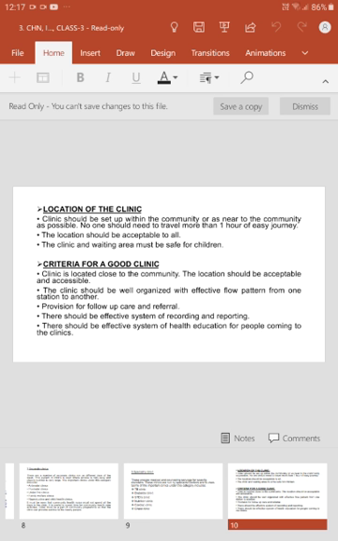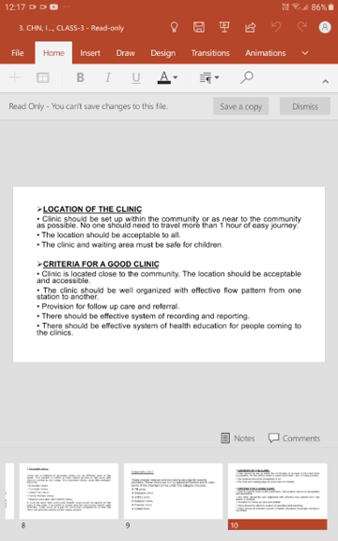No one should need to travel more than 1 hour, an easy journey, because these are initial treatments. We should be able to get them from the clinic, whether a general, separate or specialty unit, in that community. It should not be more than 1 hour of travelling, because we are giving critical care services to the people.